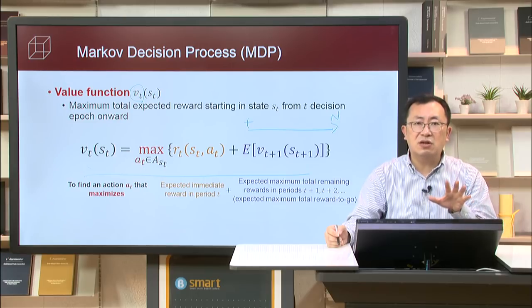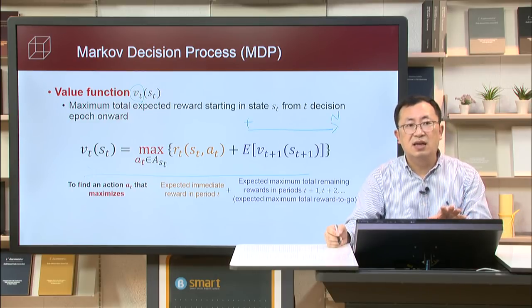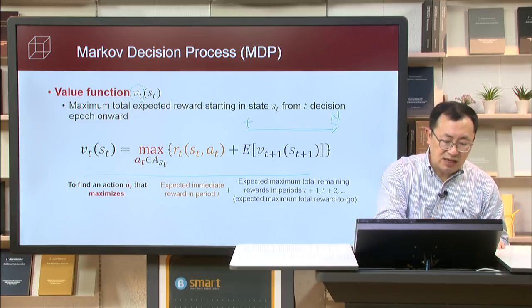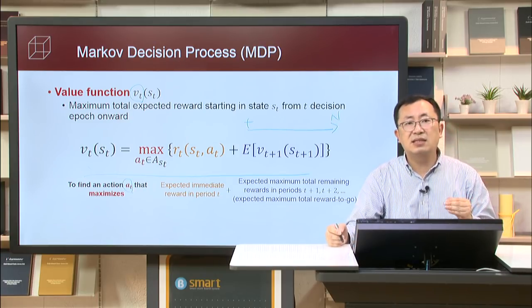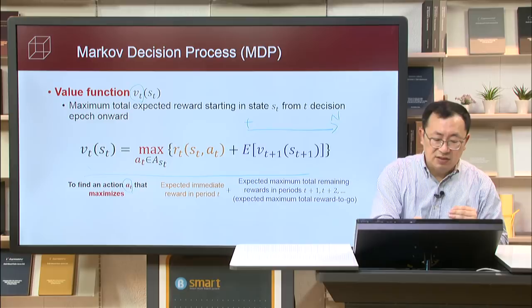What the recursive equation means is that at each decision epoch T, we are in the state St, and we are interested in finding the action At that maximizes expected total rewards,